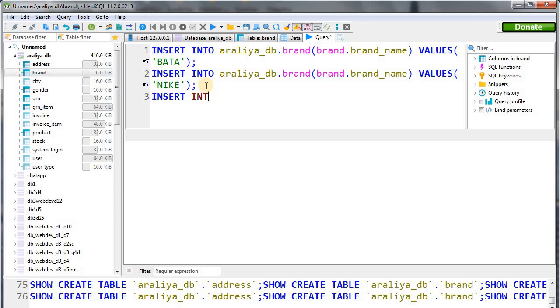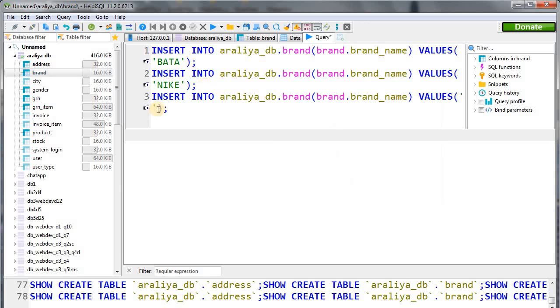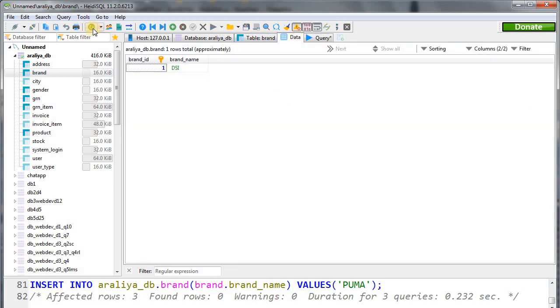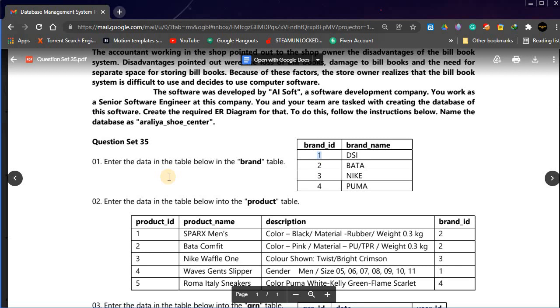Insert into RLEDB dot brand table, Puma. Okay, these are the 3 data. Now let's execute these 3 queries. Now let's refresh our brand table. Okay, these are the complete set of data in our brand table. Now we complete the first part of our question.